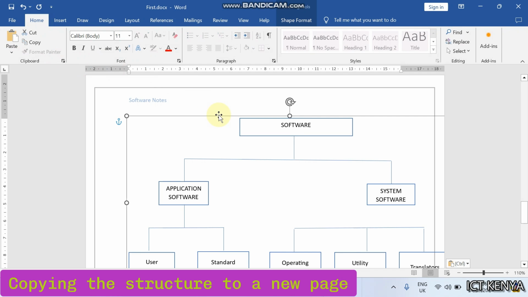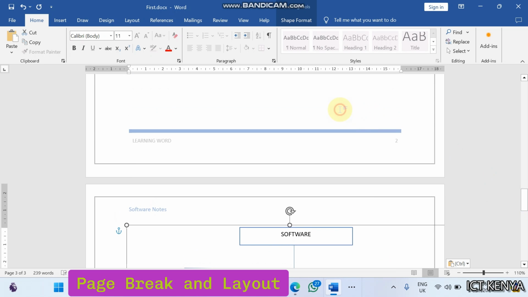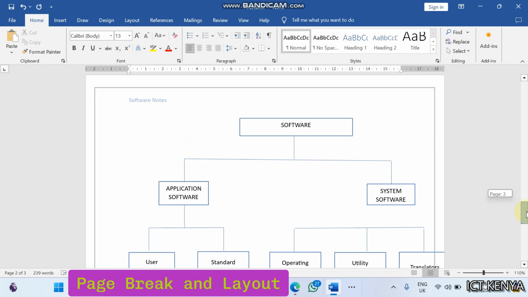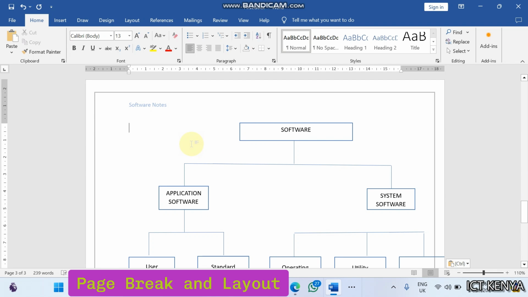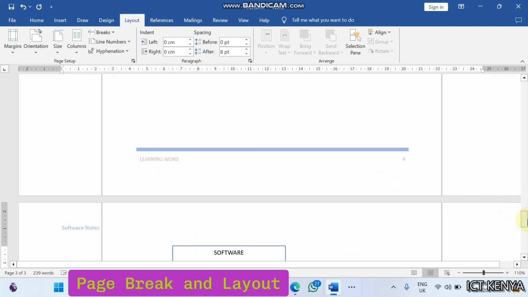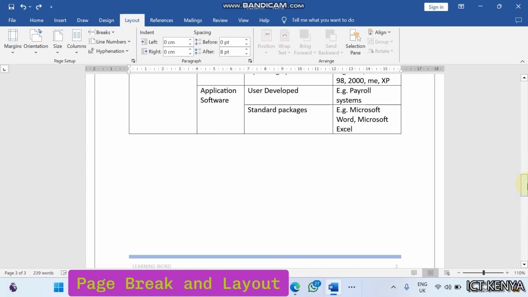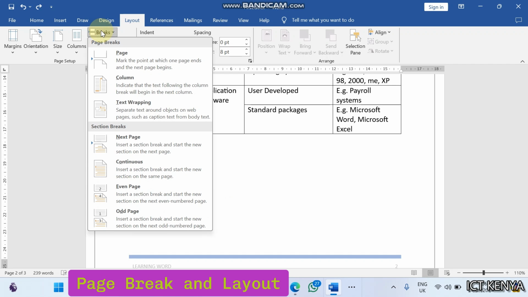But we have been instructed that this page should be landscape while the others are portrait. Is this possible? Let us check. If I go to layout and set this page as landscape, all of these pages will be landscape, and this is not what we want, so I undo. So the only thing I'm supposed to do is, while in the previous page, I'm going to apply a next page break,